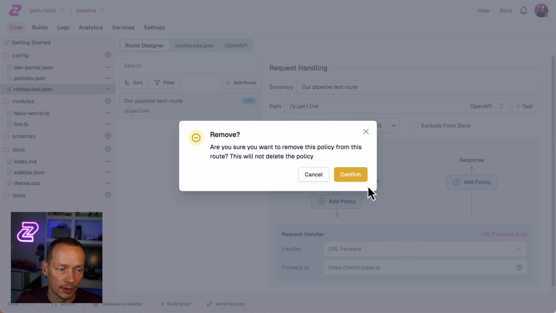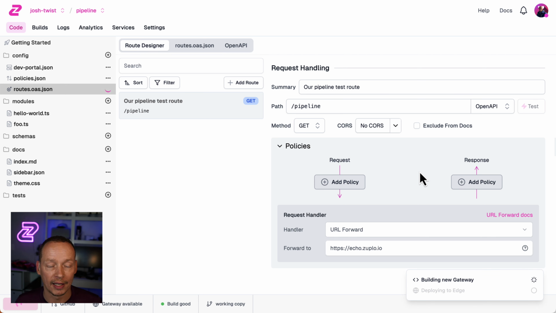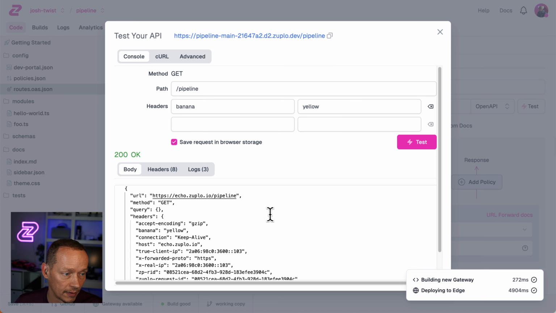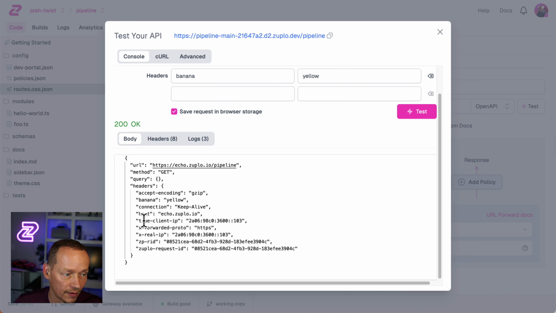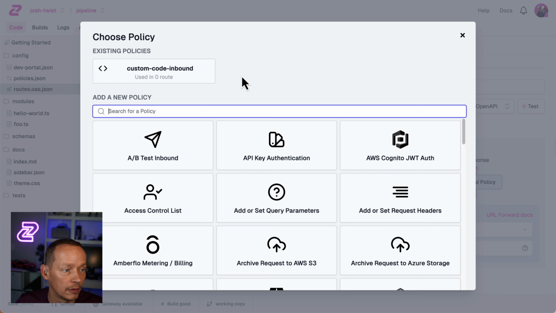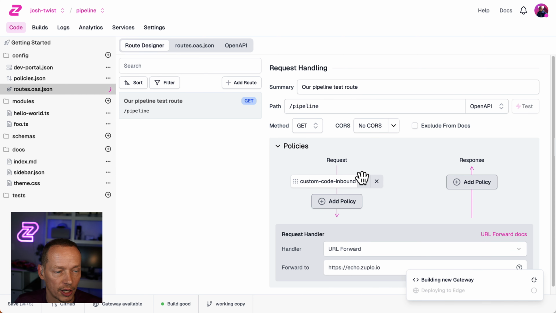Just to show you that in action, I'm going to delete that policy for a second, save that, and let's see what happens if we didn't have that policy in place. I'm going to get a lot more headers now. There we go. Look at this. You can see banana yellow, a bunch of other stuff that's coming in there. Some of these are required, so they're always going to be there. But notice the banana yellow is there, but if I put that policy back now and save my change,